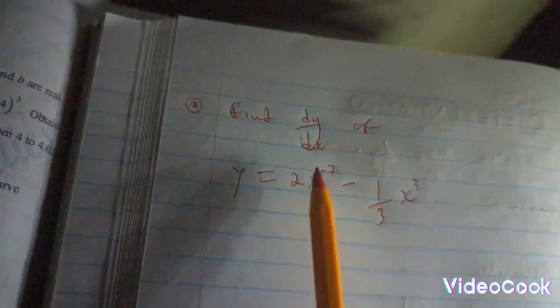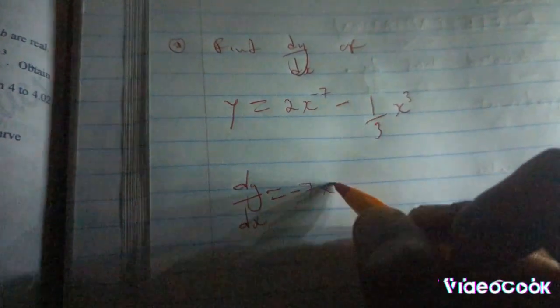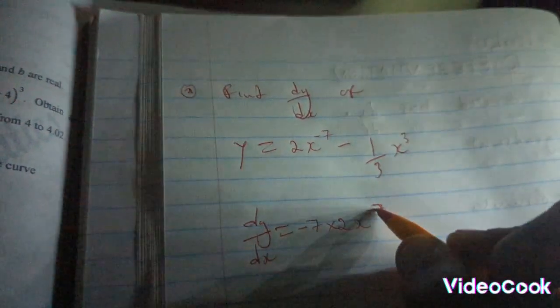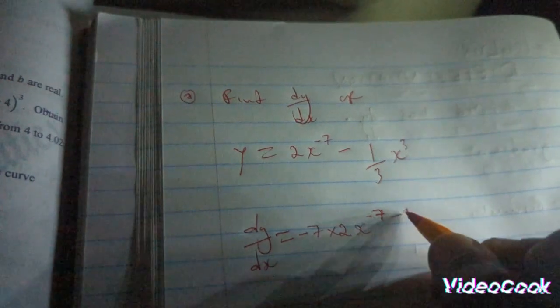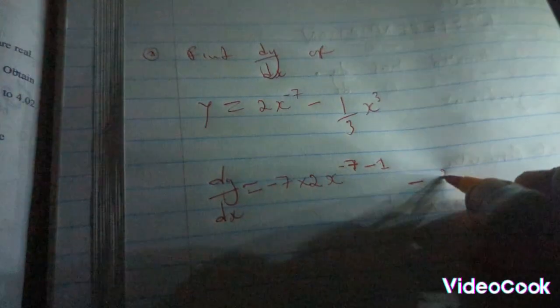Come to question number 2, this one. So this one is direct. We are going to go direct and start solving. Dy over dx will be equal to, you start negative 7 times 2, then x negative 7 minus 1, then minus 3 times 1 over 3 x 3 minus 1. This is what we